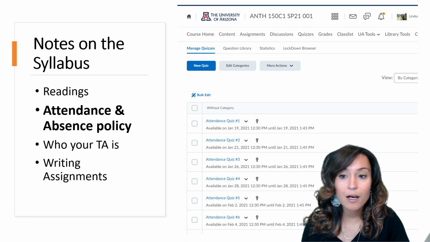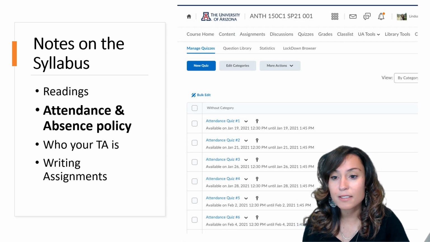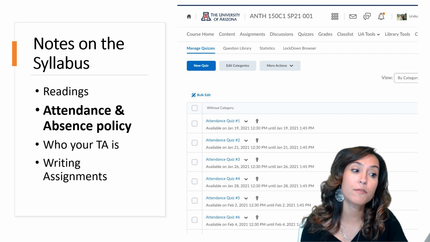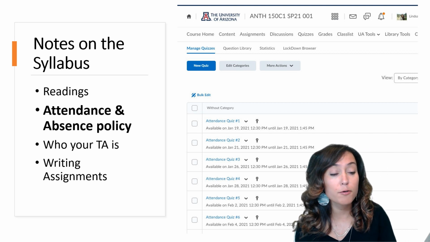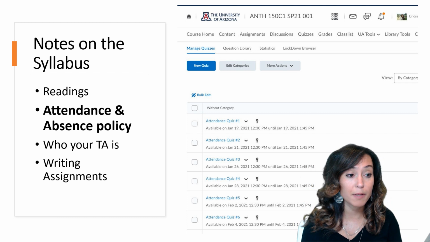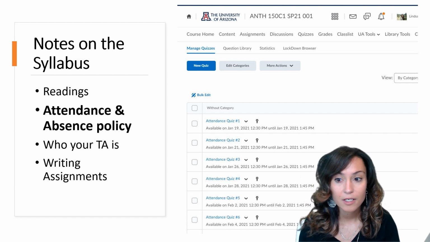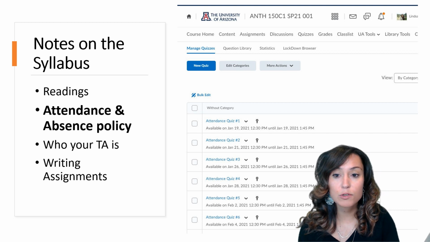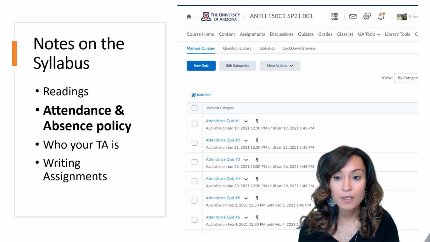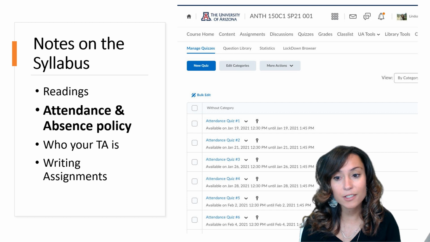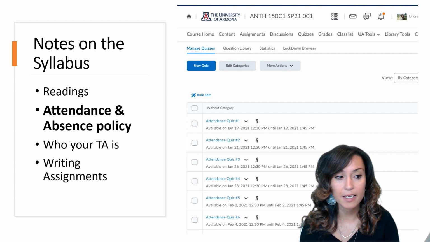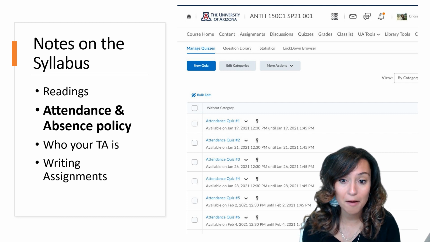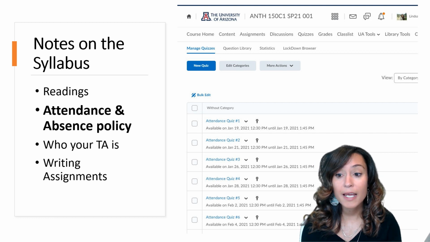In terms of your attendance and absence policy, participation is worth 25% of your grade. That means you get a quarter of your grade just by showing up and participating in class each session. I grade attendance through a quiz on D2L. During class, I'll announce the answer to the attendance quiz for that day. You'll have until the end of the class period, 1:45 p.m., to go on to D2L and answer the quiz